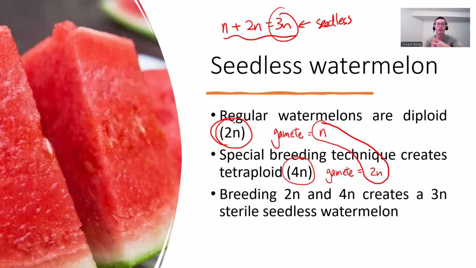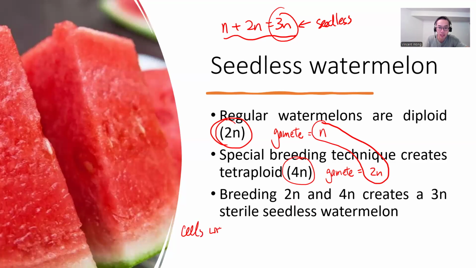And the reason is quite simple. If you take 3n and you try to divide by 2, it's not a whole number, it's 1.5. You can't have gametes that are carrying only 1.5 sets of chromosomes, right? You need the full set or multiples of a full set, right? So the key thing to note from this example is, not only do we now know where seedless watermelon comes from, but we also know